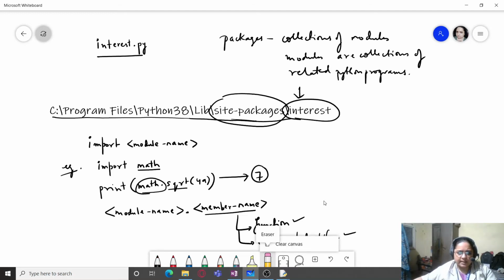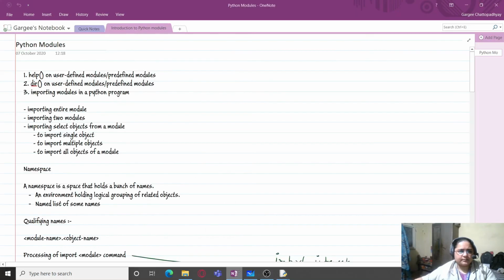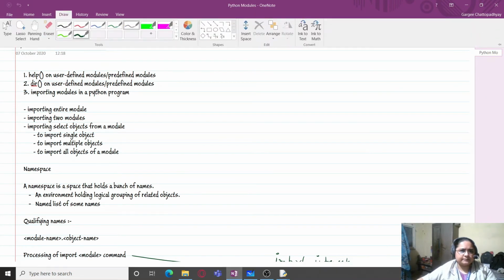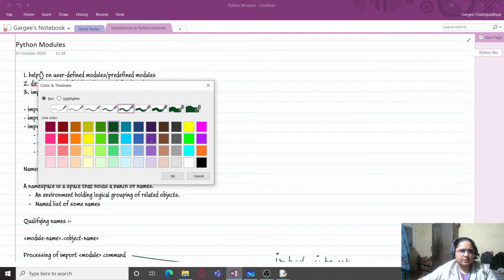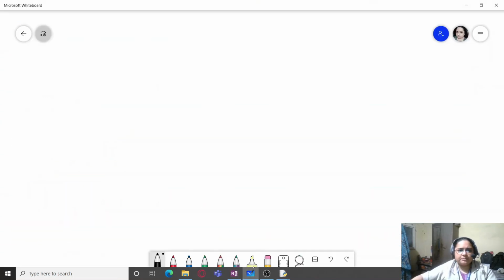Our next way is importing two modules. Over here we have already seen the first one, and now we will be seeing the second one, that is importing two modules. So how do we import two modules?